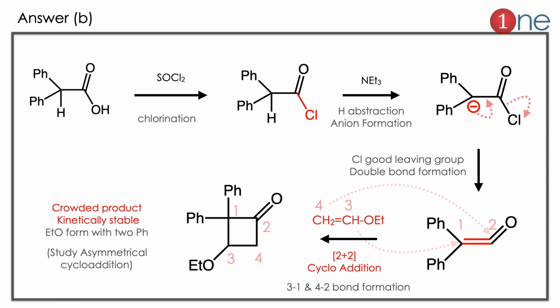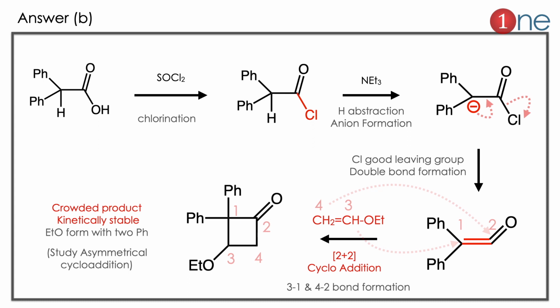Then you are using the ethylated vinyl alcohol. So you are directly adding the 2+2 cycloaddition. The 2+2 cycloaddition is very important because always the kinetically stable product is formed, or you can say always the crowded product is formed. This can be a little bit confusing. I encourage you to go and study the mechanism. So always asymmetric addition leads to the kinetic crowded product. So the 1 adds to the 3rd bond, 2 adds to the 4th bond. So you have to know that the addition is asymmetrical and it will be the crowded product.